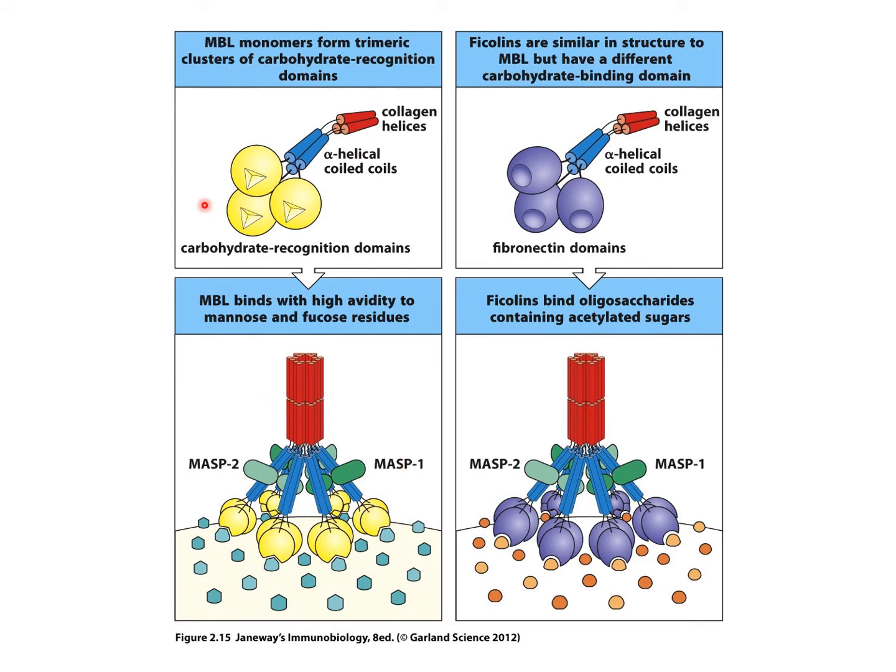Now, one triplet does nothing. But when that one triplet is grouped together with 5 others, and you get this hexamer, with all of their collagen helices binding together, you now have a stable platform that will allow for other things to interact. So once these 6 trimers are anchored, whether you're talking MBL or ficolins, and they form this stable base, you will see the recruitment